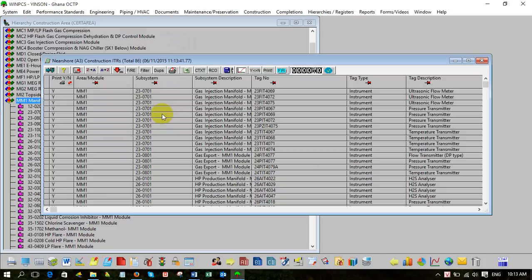So every time you run a report, you always get these three options. The module, the single module or the single subsystem that you choose. Multiple means you can choose a few. For example, I want MM1, MM2. I can choose them together, run the report together. Or I run all. All means all the modules, everything. So there's good and bad.